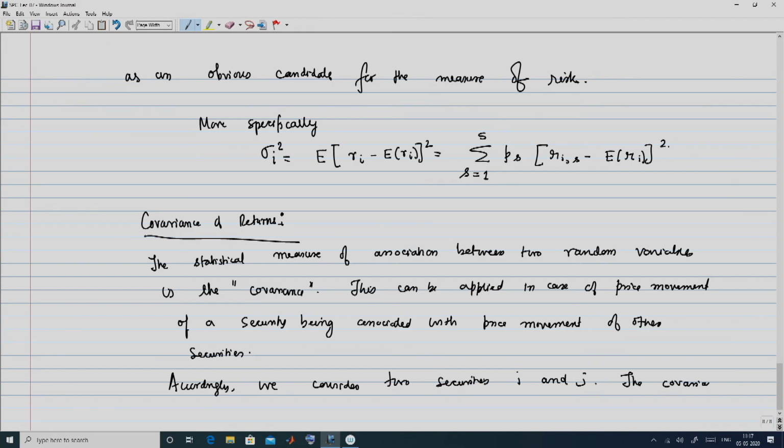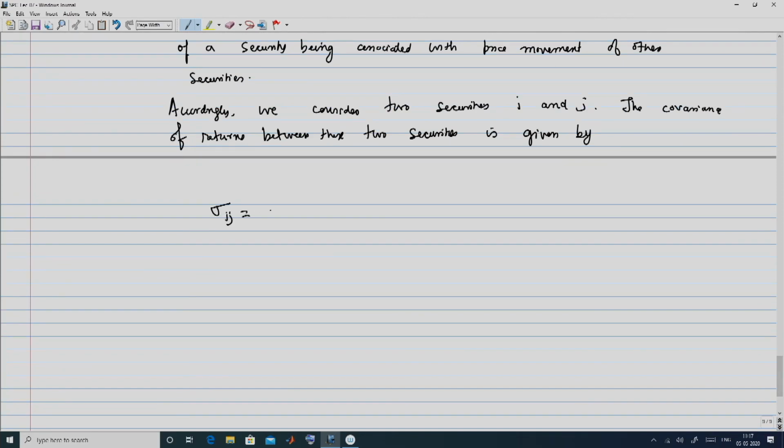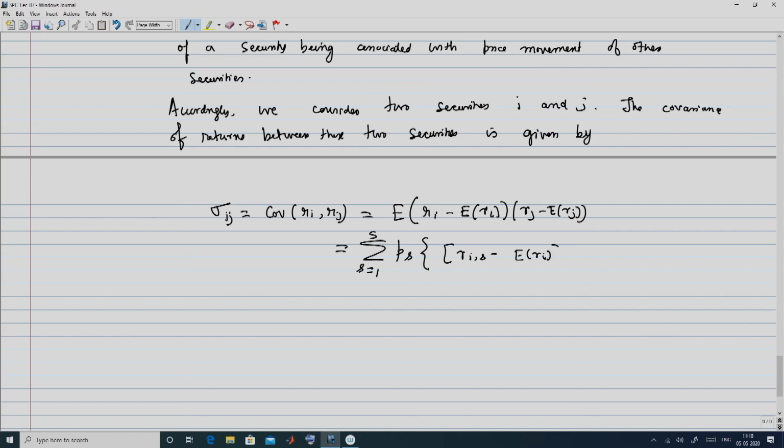So, the covariance of returns between these two securities is given by sigma I j is equal to covariance of R I, R j, and this from the definition of covariance is the expectation of R I minus E of R I and R j minus E of R j, and this in terms of the probabilities is going to be summation P s, s equal to 1 to capital S, of R I s minus E of R I into R j s minus E of R j,